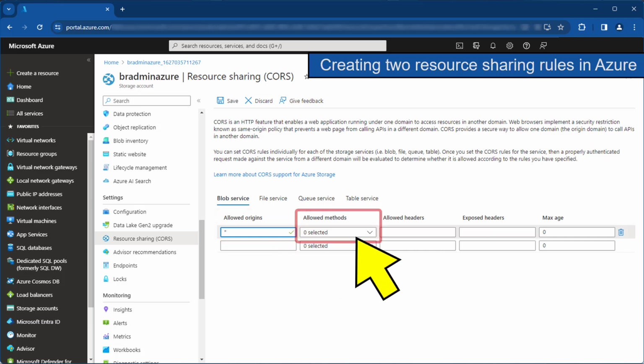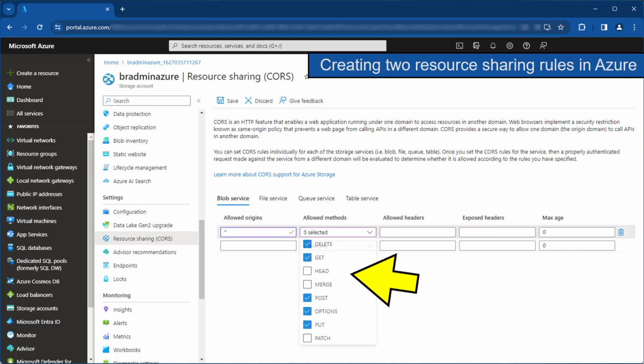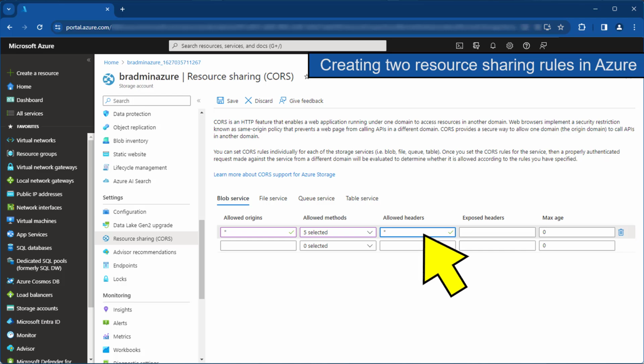Next, expand the Allowed Methods dropdown and select the Delete, Get, Post, Options and Put methods. Type the asterisk symbol into both the Allowed Headers box and Exposed Headers box.